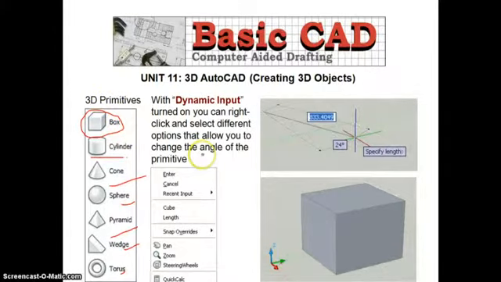If we want to generate a box, we need to give a length, width, and height. If we want to generate a cylinder, we need to give cylinder diameter and cylinder height. In the same way, we have defined different parameters for different objects. So let us go ahead and discuss these simple objects.